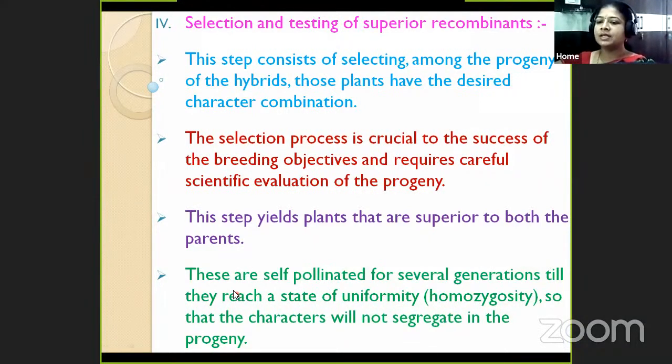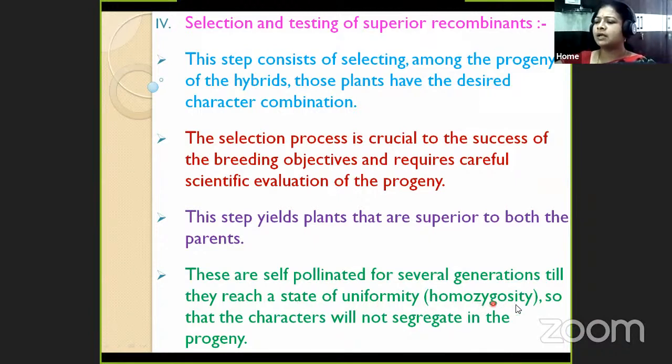So in this step, selected superior hybrids are allowed self-pollination for several generations till they reach a state of uniformity